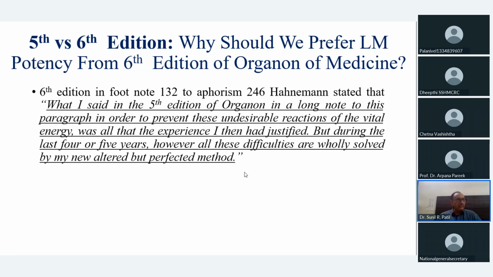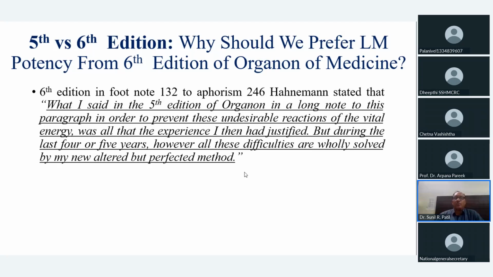Okay, this one, the fifth versus the sixth edition. Why should we prefer this LM potency from the sixth edition of Organon of Medicine? The sixth edition has a footnote, footnote 132 to aphorism number 2041, where Hahnemann stated what I said